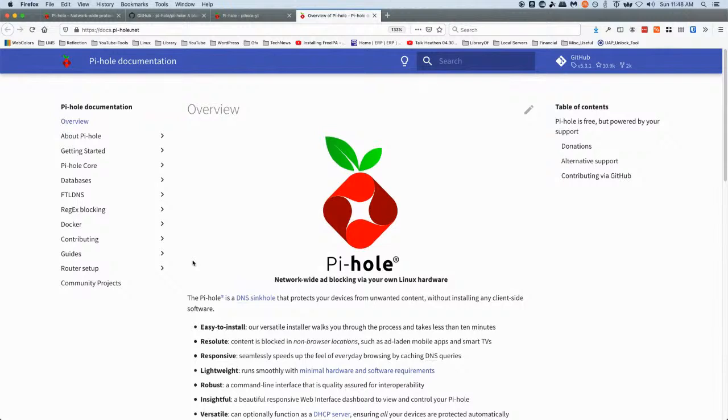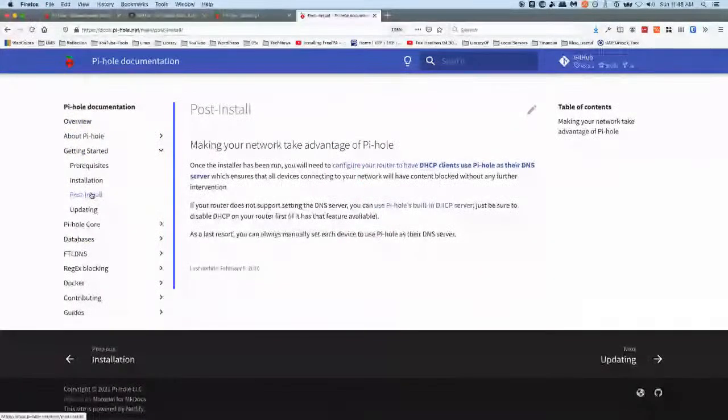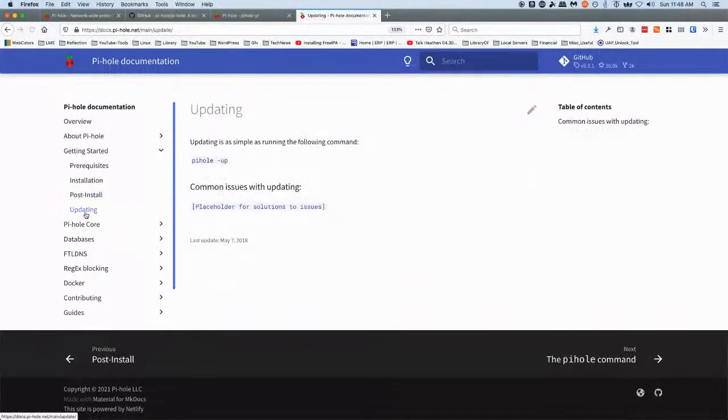So that does pop you over to a website, and it tells you basically everything you could want to know about Pi-hole, from getting started, post-install steps, how to update Pi-hole,